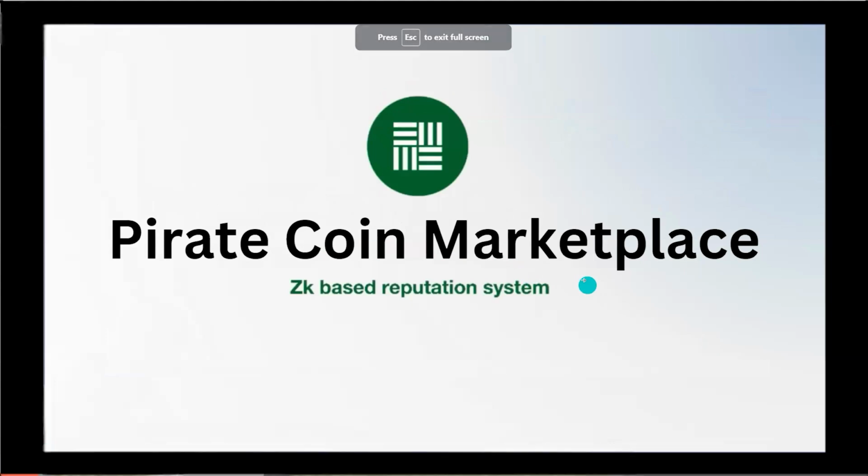Cool. So myself, Shivang, I'm from India. My project for the LF0 hackathon is Pirate Coin Marketplace, a platform designed to address the challenges faced by marketplaces that rely on trust and reputation for assessing the credibility of counterparties. In such marketplaces, revealing the trade history or relying on a trusted third party to issue reputation scores without revealing more data is often necessary. This poses significant issues for Bitcoin P2P exchanges and marketplaces for high-value items, where users need to trust their counterparties